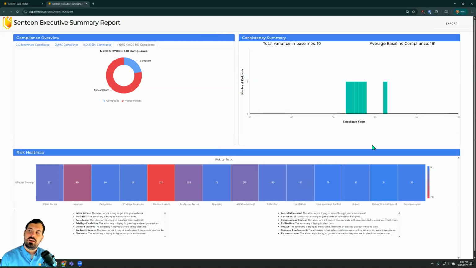The interesting thing here, you can see in this panel, the consistency summary. So across our environment, you can see which policies are actually being applied or not applied across machines consistently. So in this instance, across 10 different machines, we have what looks about 6 different combinations of settings across 10 devices. So if I'm presenting this to a prospect or a client, this is a huge value prop Senteon shows